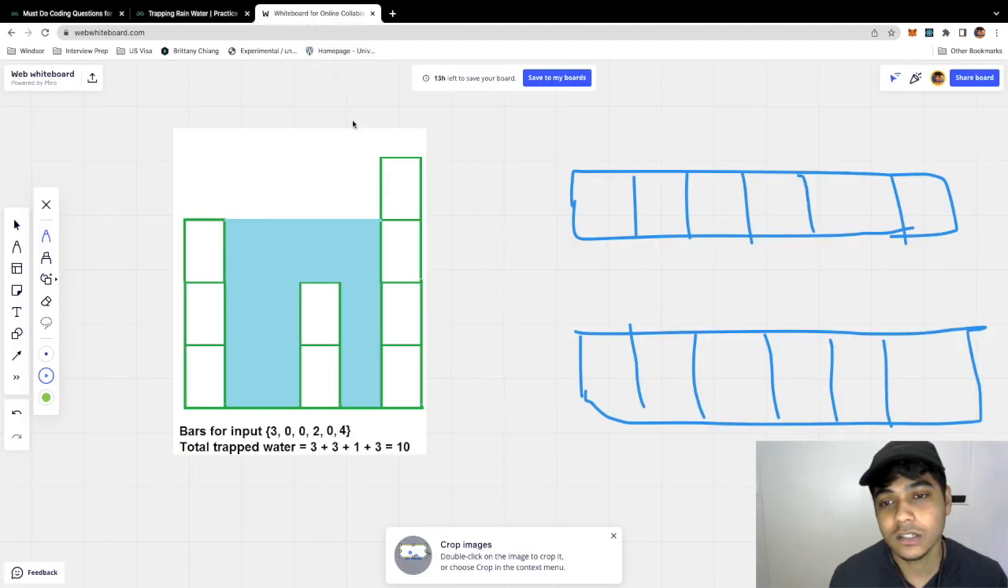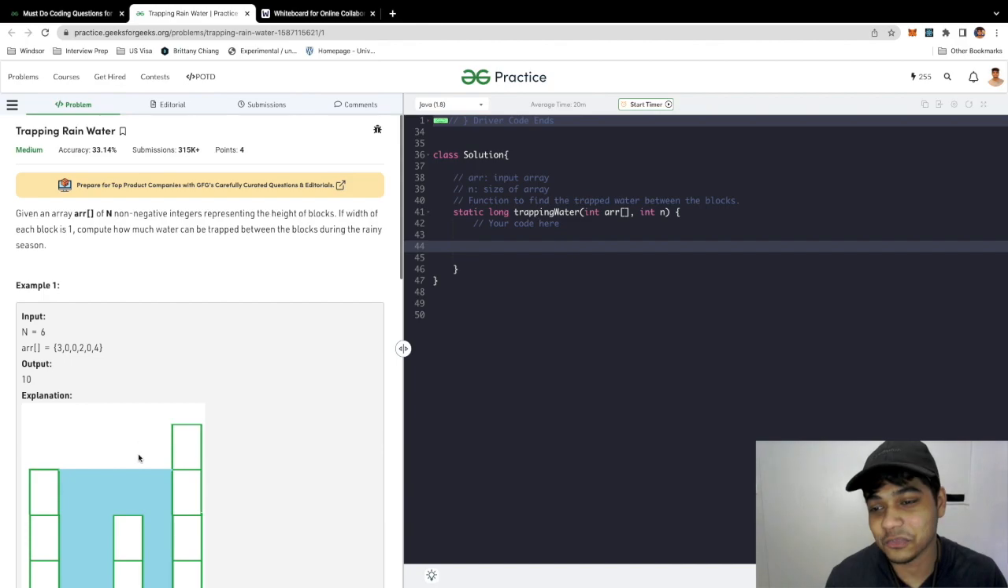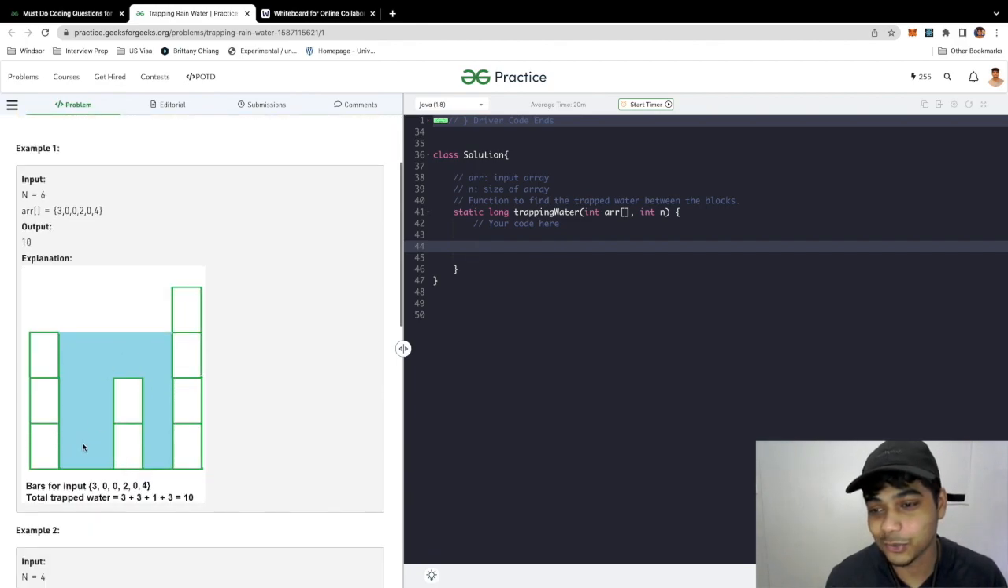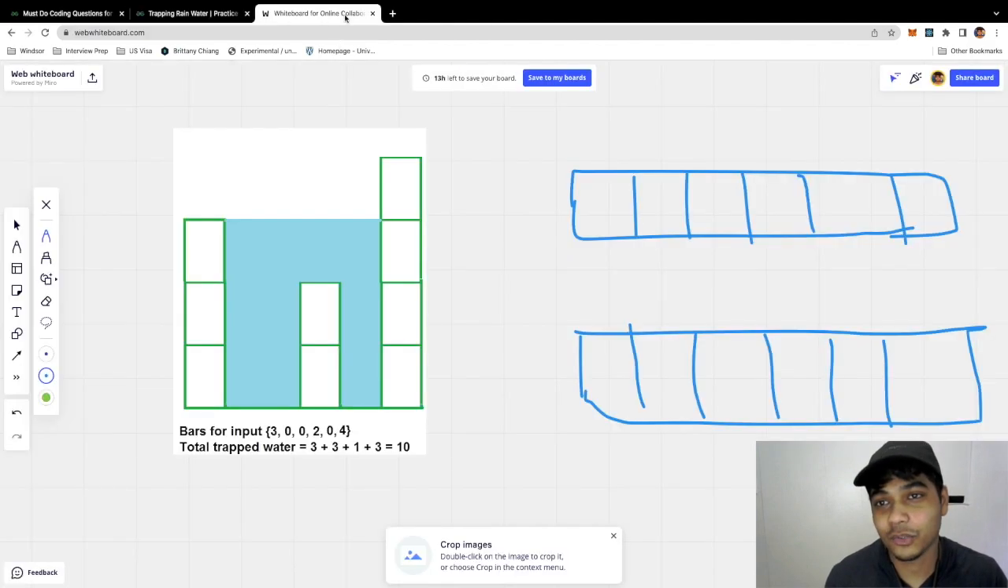I've just copied this image from Geeks for Geeks because I was too tired to draw this out on the whiteboard. So I'm just making use of this. We are going to take an example array. The array has values